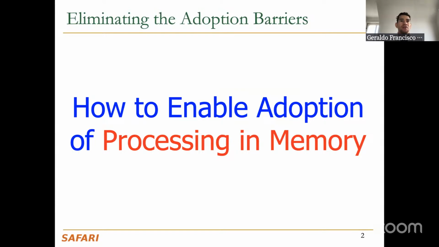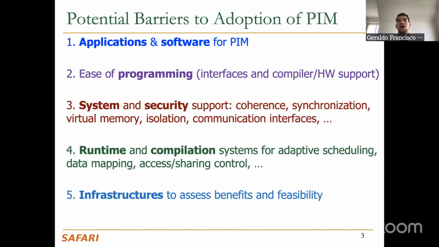There are several barriers that we need to address in order to enable processing memory architectures in current systems. And those barriers exist because processing memory architecture fundamentally shifts the way that we look at computation, right? We saw during all of these weeks that we are moving from a vanilla, processor-centric paradigm to a memory-centric paradigm. But at the same time, our current systems have been designed around the assumption that compute is compute and memory is memory. So for us to fully enable processing memory, we need to go